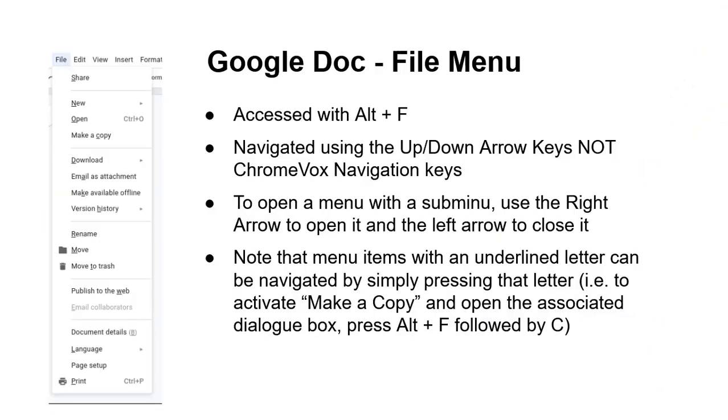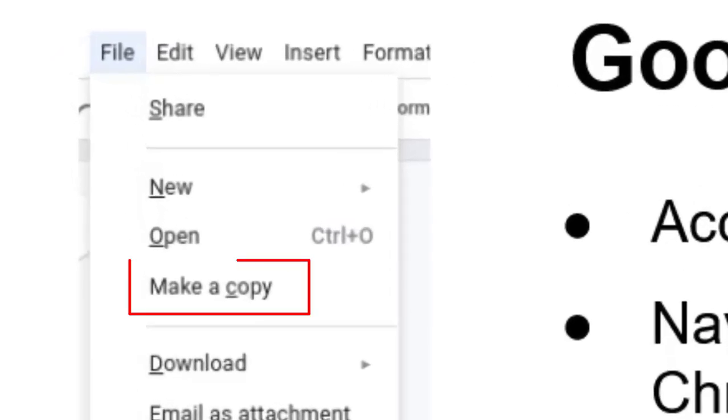So in Google Docs, the File menu is accessed by using Alt plus the letter F, and you navigate it with your up and down arrows, but not your ChromeVox navigation keys. You don't have to use those here. To open a menu with a submenu, you're going to use the right arrow, and the left arrow to close it. So note that menu items that visually have an underlined letter can be navigated by simply pressing that letter. So look at Make a Copy up there. See how that C is underlined